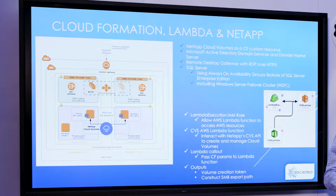Now, CloudFormation takes a while to execute, so instead of making you watch me press the buttons, I'm going to show you some time-lapse video that shows this happening very quickly, but you'll see that it's all real and all entirely approachable, and stuff you can do today using the existing reference architectures, CloudFormation scripts that are provided and certified by AWS and Microsoft, as well as the stuff that we're going to be releasing publicly around CVS deployment automation